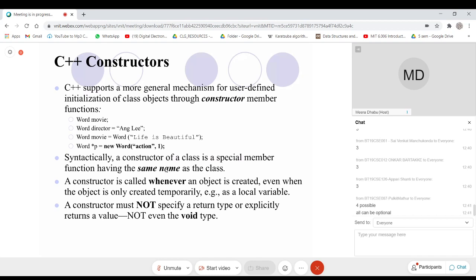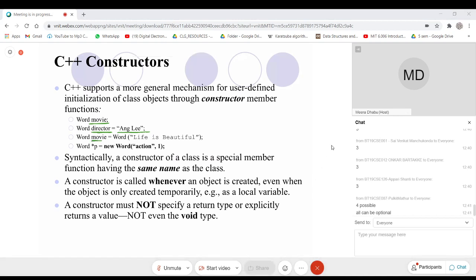Here you can see one object is created without initializing any data member. Without initializing, whatever garbage value is there, every field will have that garbage value. We don't have any control. But in the very next line, you can see that an object of the type Word is created with the name director, and then one string is assigned.